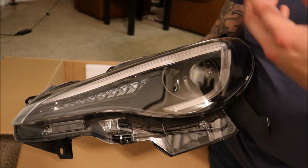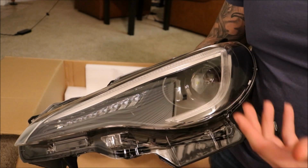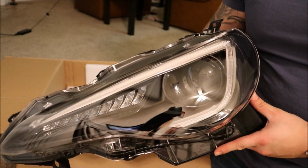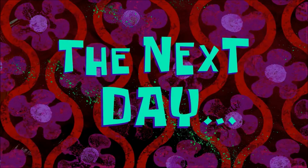And with the Vland headlights, these look aggressive, but when you buy these stock, I've heard from friends that these are not bright whatsoever, but because I got these from FT86 Speed Factory, these are actually 5000K HIDs. The next day,